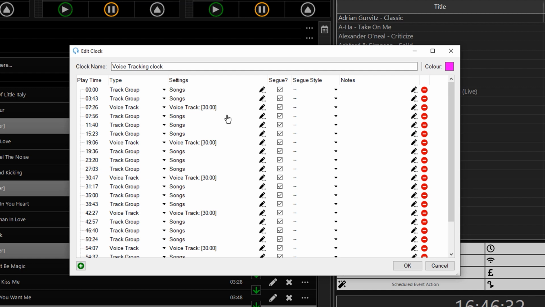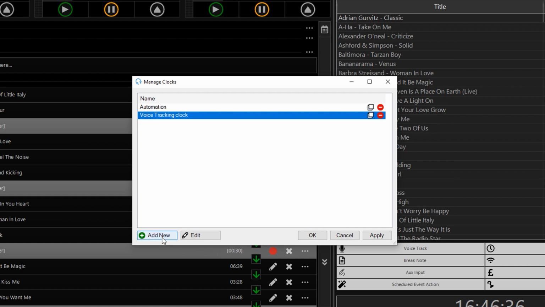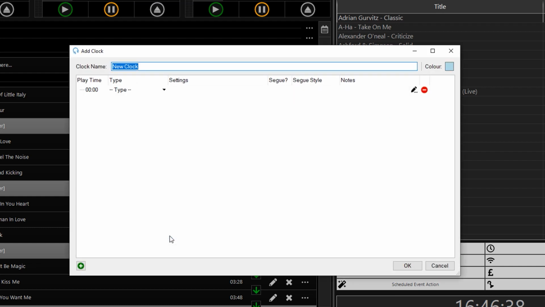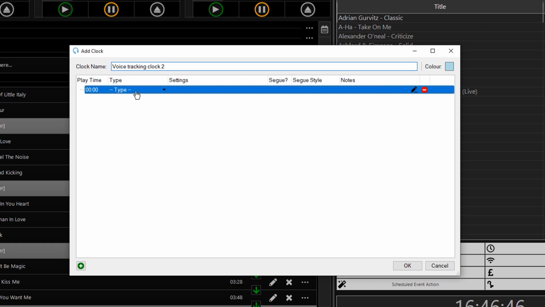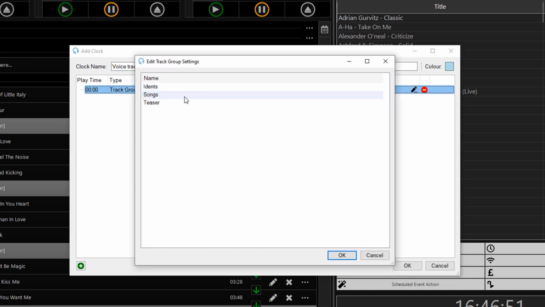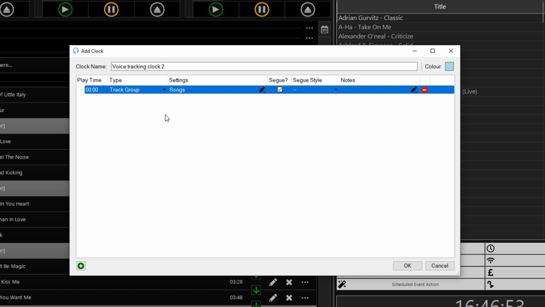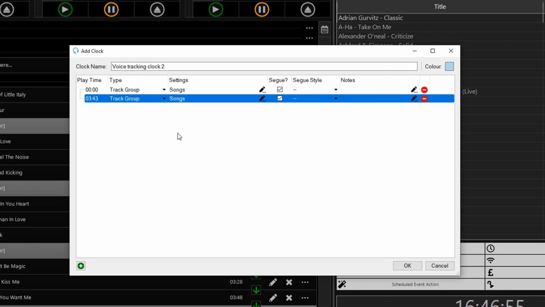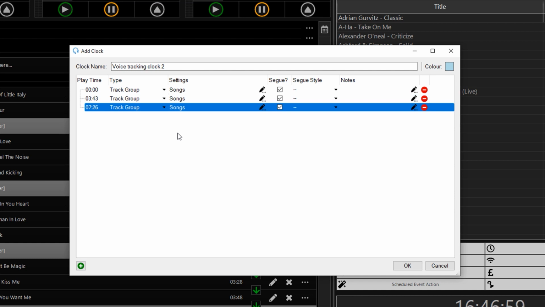If you were to create this clock from scratch, you would go to Add New, and we'll call this Voice Tracking Clock 2. And you want to simply select Track Group under Type, select my track group of songs, and then I can press Ctrl D to duplicate this item, or I can press Ctrl C and Ctrl V to copy and paste.